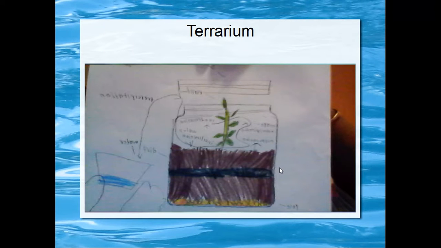This is a picture of my terrarium. This is basically just a smaller version of the water cycle, so you can actually see the steps happen. All you really need is dirt and rocks. Put rocks on the bottom, dirt on top of that, put a plant in there. You have to have a jar to put all that stuff in. And you just water it a little bit and keep the lid on, and you can see it all do